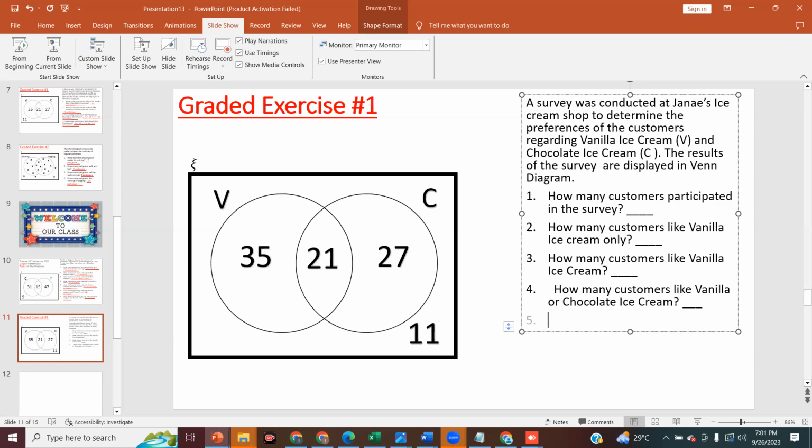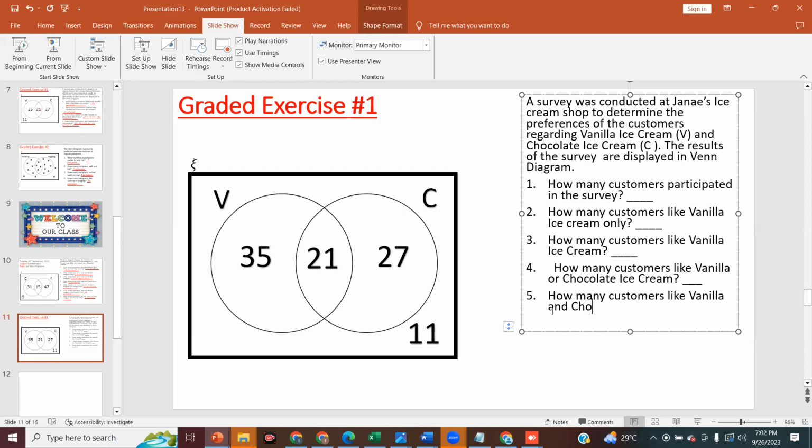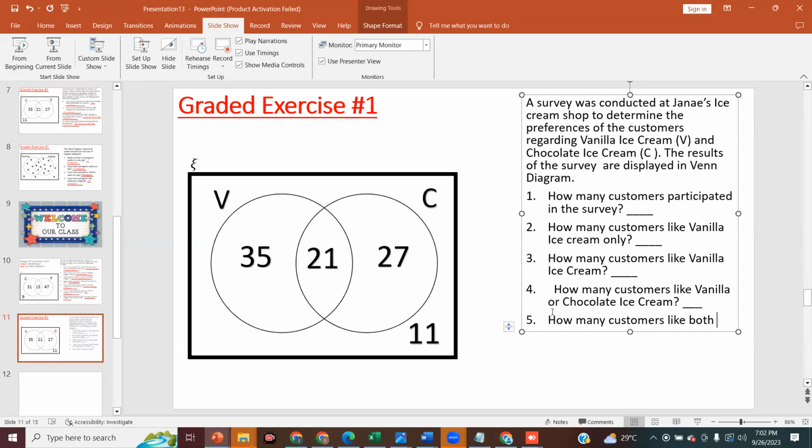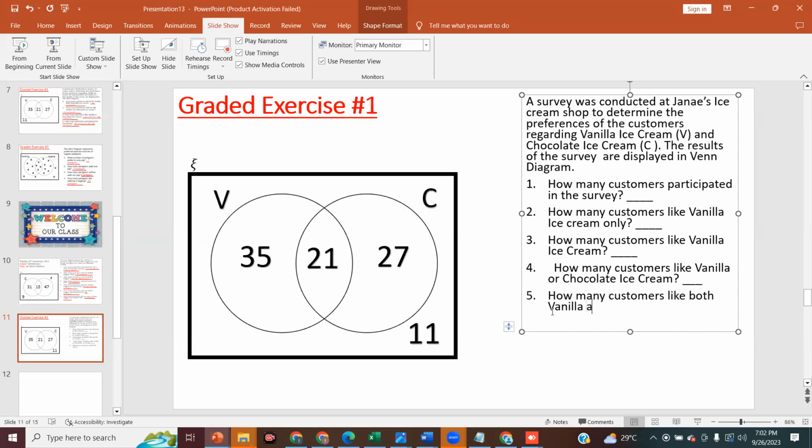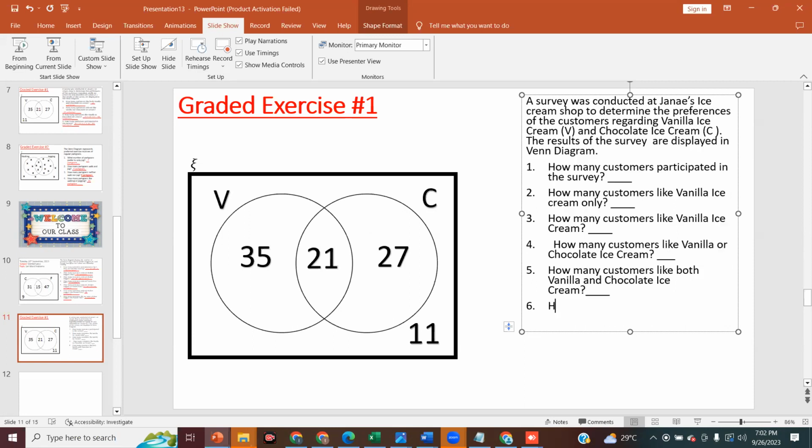Number 5, how many customers like vanilla and chocolate ice cream? Number 6, how many customers